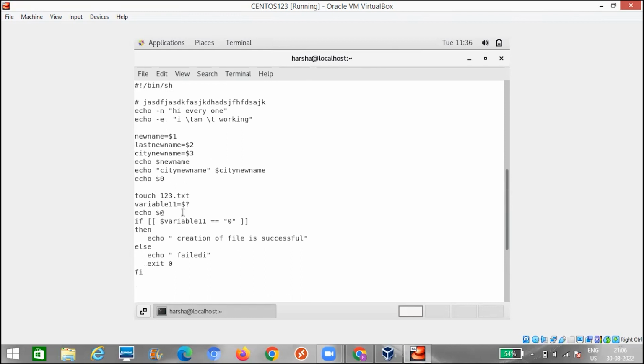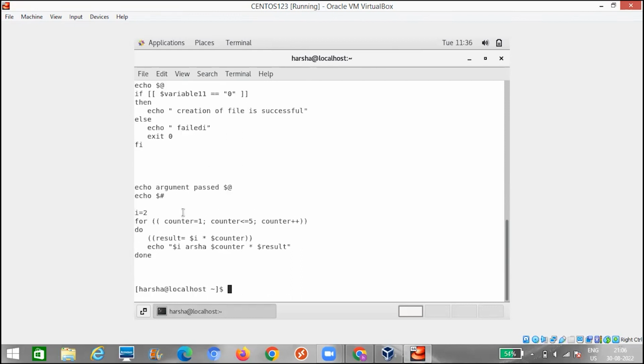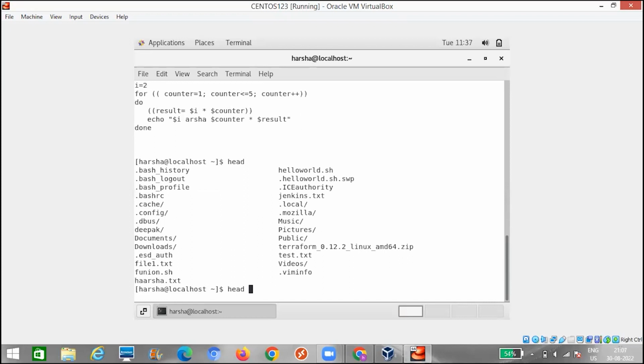Instead of scrolling up, if I want to see the first 10 lines of this file, I need to use a specific command, head. What is the file name? hello world.sh.